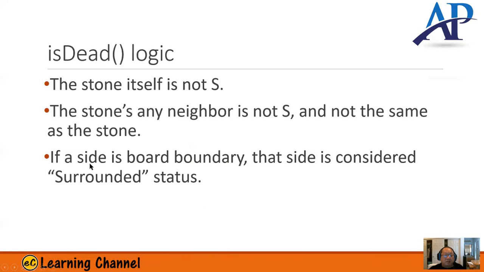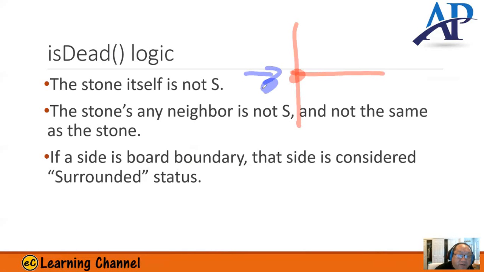If a side is on the boundary, that side is considered a surrounding status. If my stone is here, this side is on the boundary, this side is on the boundary, I consider this side blocked. Even though it's on the boundary, I consider this side surrounded. With that in mind,